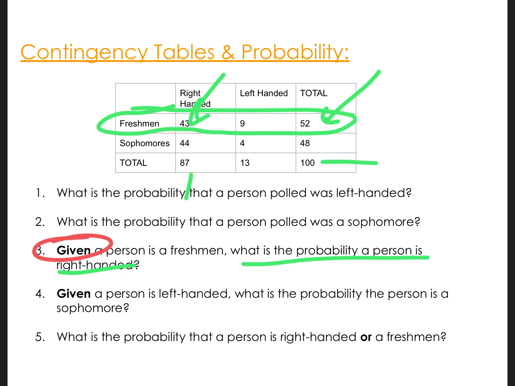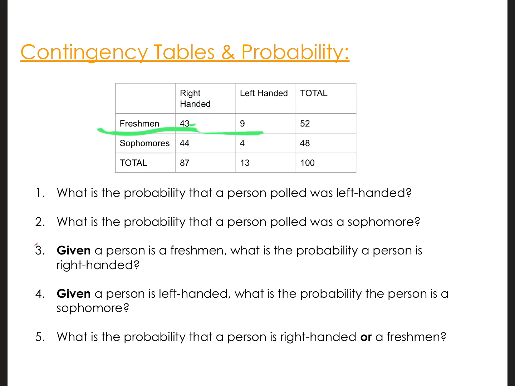So please, without my help, answer number 4. It's a "given" again. It won't be out of 100. And this time you can give your answer as a fraction just because I don't want you to have to deal with going and getting the calculator out and all that. So write your answer as something out of something, which you would have divided. And please talk to the kid next to you about the answer to number 4.